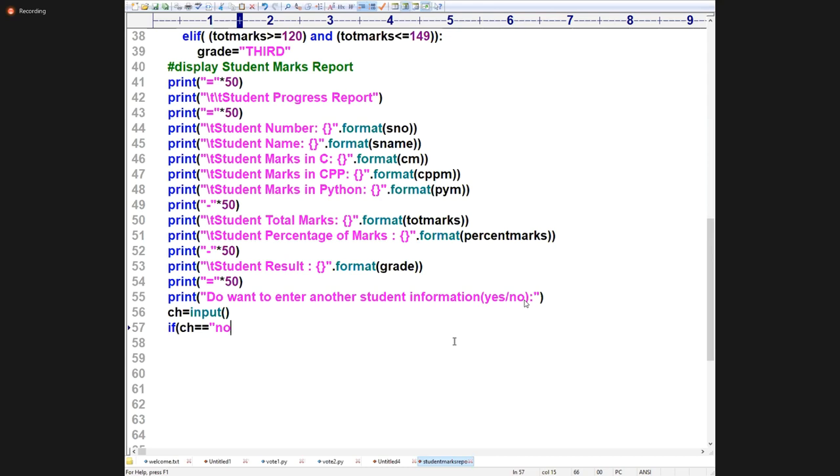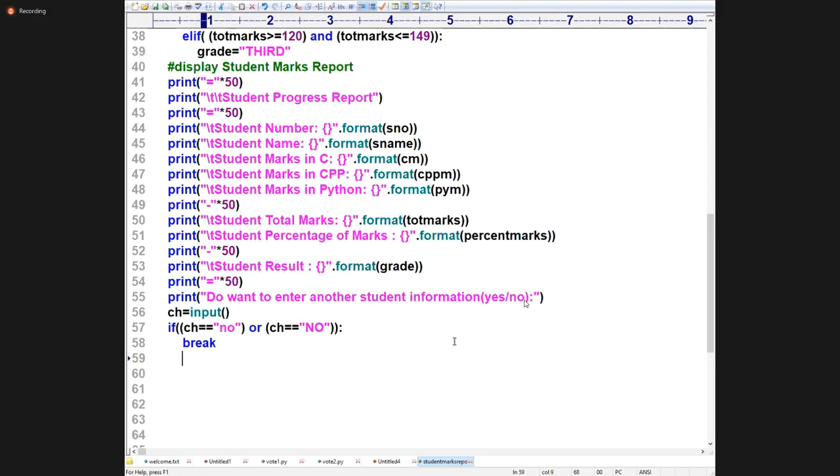no, or ch double equal to capital NO, you may also enter. Or you may enter capital N small o, or small n capital O. That is called case fold. Case fold we can write it; it is an operation in str. Right now don't worry, be satisfied up to here. Further, when I come to str part 2, I will explain the case fold operation. I will say break. Right, students? Now see what is happening. Now let us move forward.